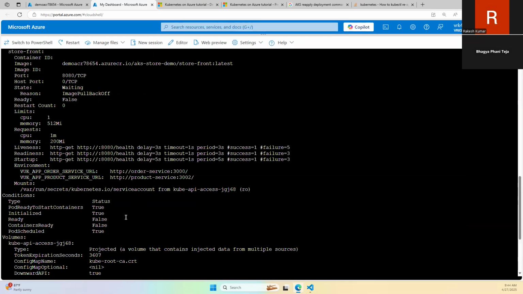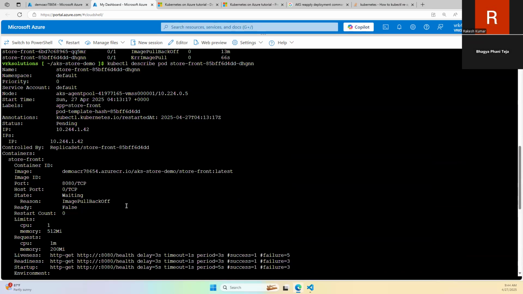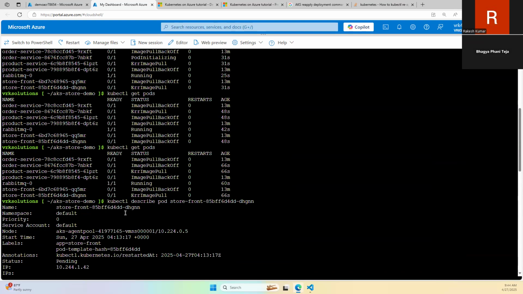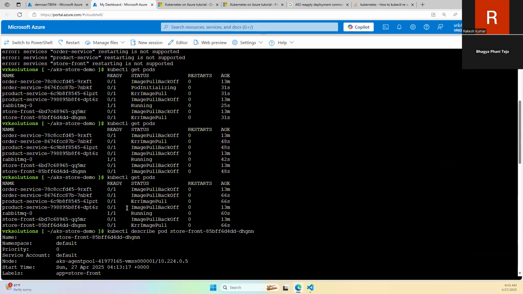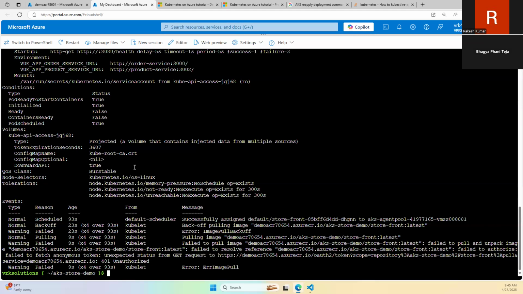I could actually go and debug all these things. I didn't want to touch debugging right now, but if you wanted to see where the error is going and all that, like the events,